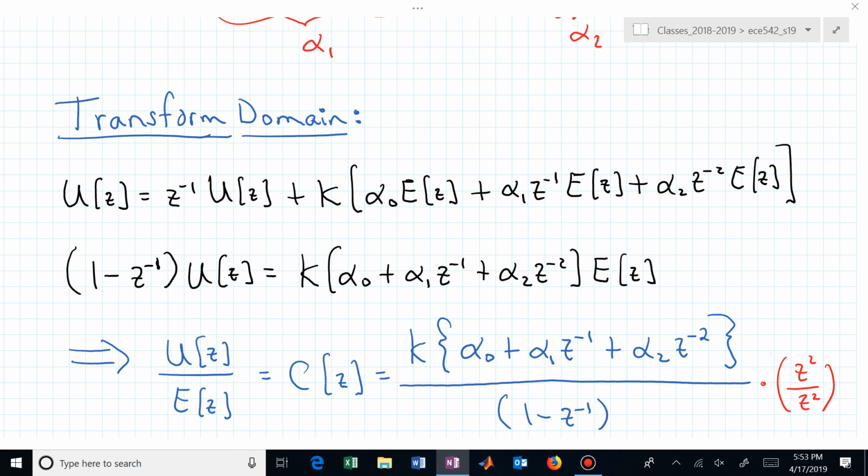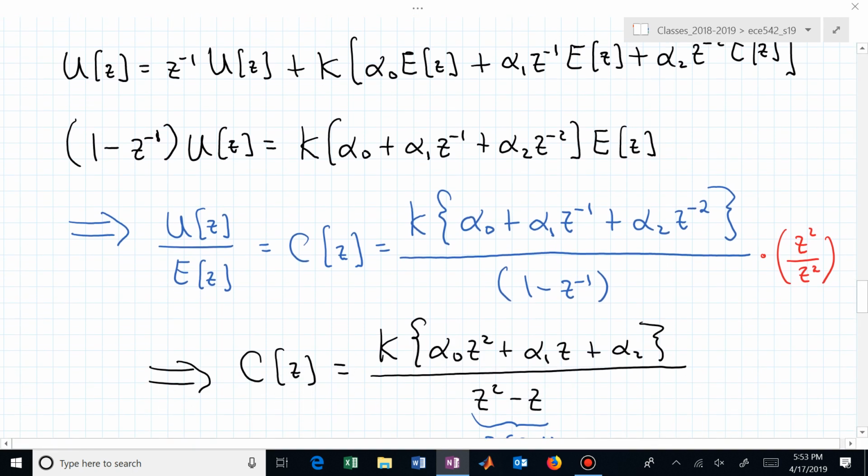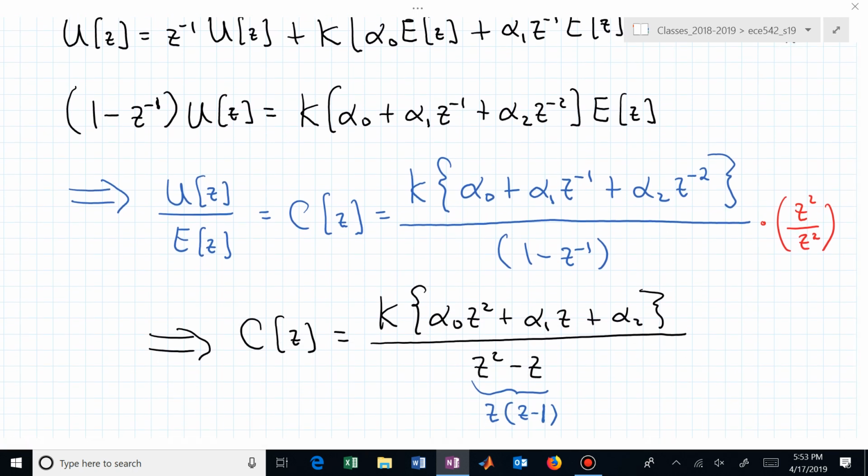So I'm multiplying by 1 on the right-hand side, where 1 is in red. It's z squared over z squared, to get rid of the z to the minus 2. That's the reason for the red. The red didn't appear initially. I put that in later so that I could now write this in terms of poles and zeros. The denominator now becomes z squared minus z. I can pull out a common z,